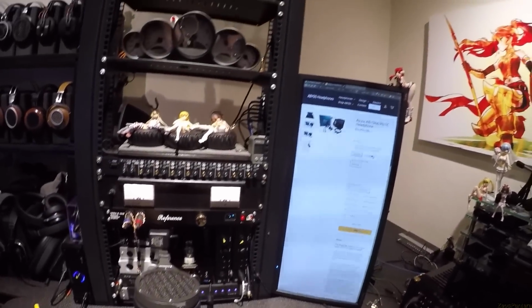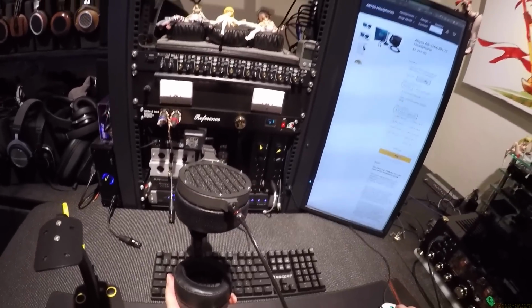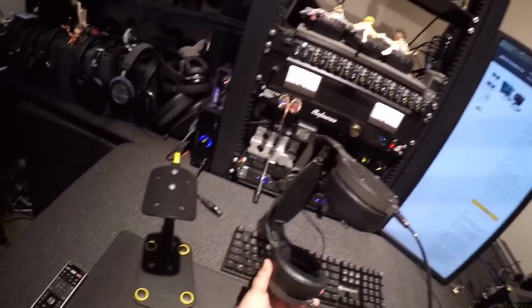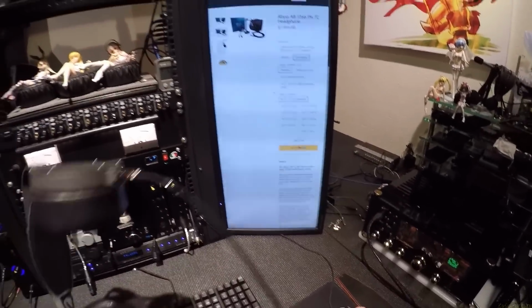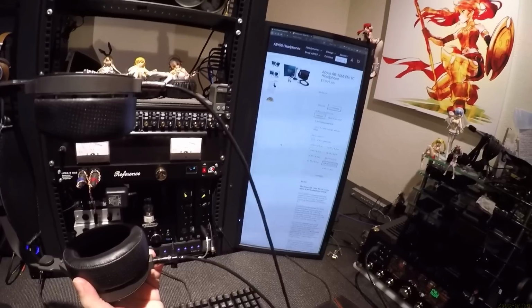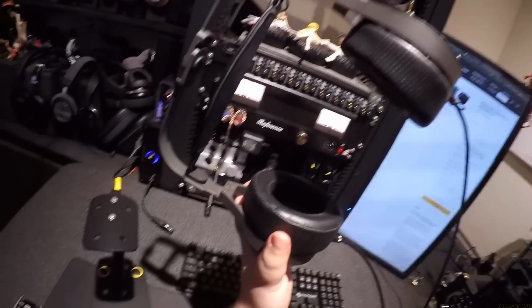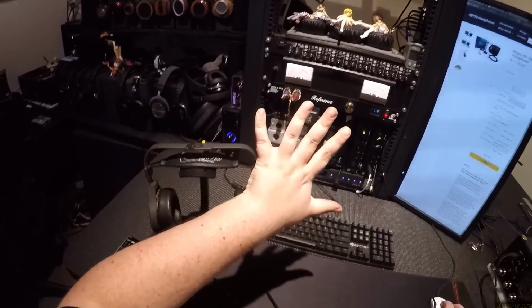And then if you switch to the complete, you get a headphone stand, the leather case, a different cable altogether. It goes up to $8,000. And then if you wanted to, you can take it from 8 foot to 24 feet of cable. And let me see if I click it. Yeah, there it is. $11,195. That's just cable. That's a headphone stand, a bag, and a cable, which will take this $5,000 headphone up